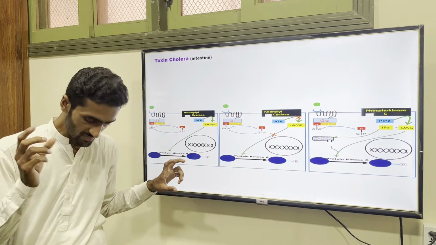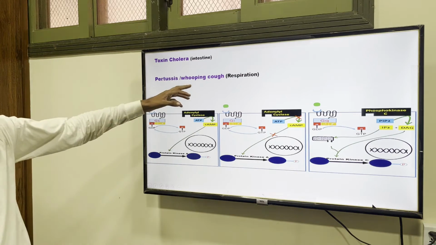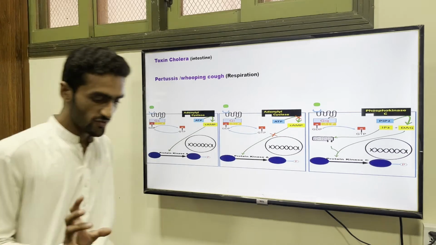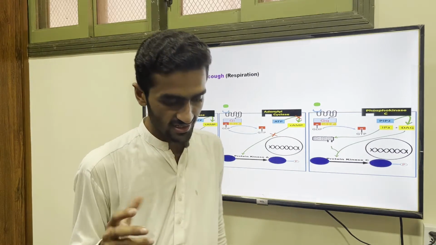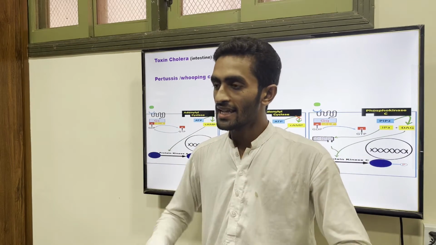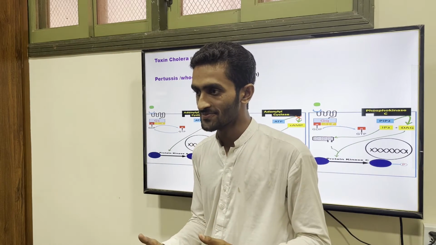For this, the toxins are cholera and Pertussis, whooping cough. One is intestine related, the other is respiration. Before that, I want to recall a mnemonic for understanding: an accident. An accident occurs due to two conditions. If you have overspeed, you have crossed the speed limit, meaning you are in accelerated mode. Or an accident occurs if you lose the brake. If your brake is not working, you may